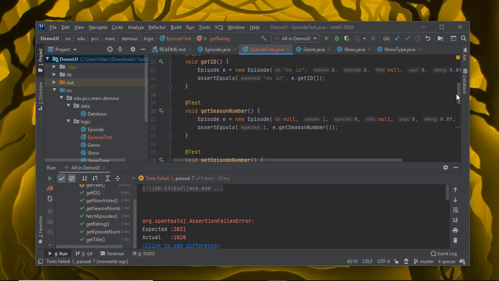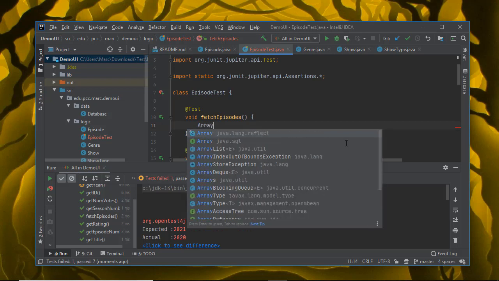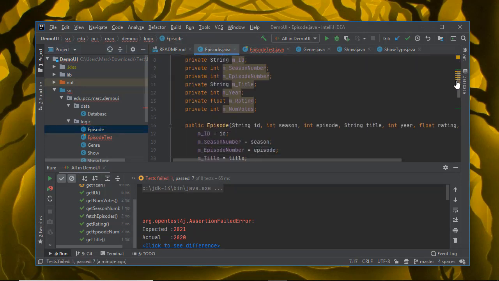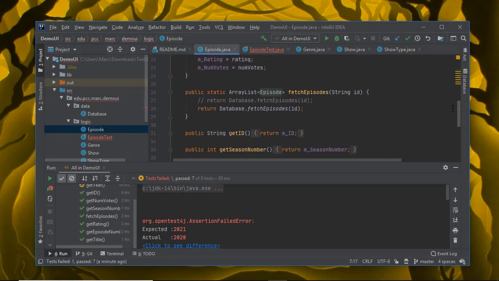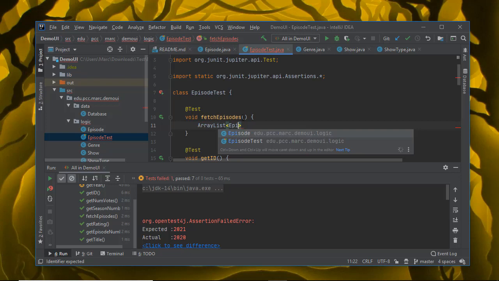And then let's go ahead and do one that's a little more complicated. So I'm testing fetch episodes. So I'm going to make an array list of, actually, let's look at the underlying method. So this is going to return an array list of episode, and it takes a string ID. So array list of episode,